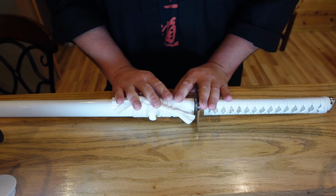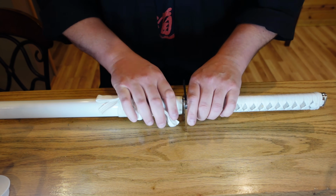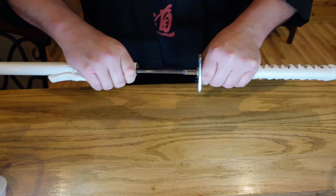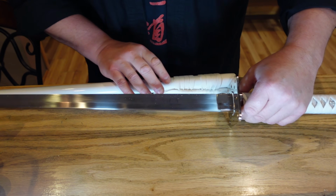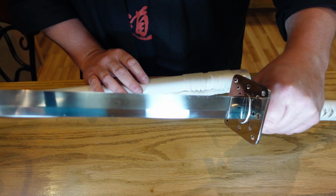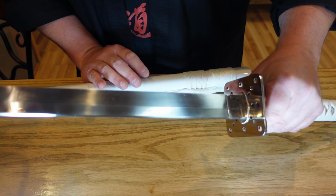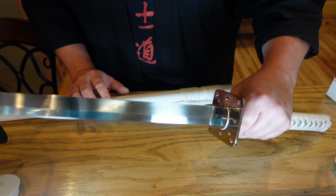This is a white ninja-to from the same movie, Enter the Ninja, used by Franco Nero. And how this one is different is, as you can see, it has the same type of blade, but it's not differential tempered. So this is what they call maru style, which means it's completely one piece of steel. It is, as far as I know, called